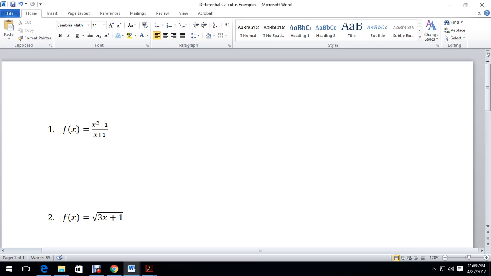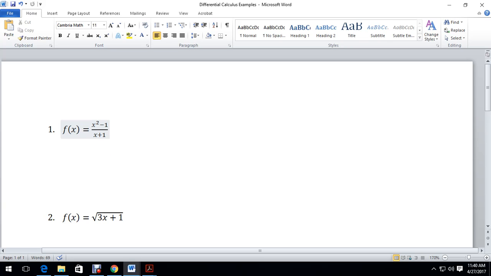Okay, so let's have that one. f of x is equal to x squared minus 1 over x plus 1. Now, take note that this is in fraction form. Therefore, we cannot have an undefined form of this fraction. So that means if you have a denominator of x plus 1, it's obvious that we cannot let x equal to negative 1, since that would result into an undefined form of our function.